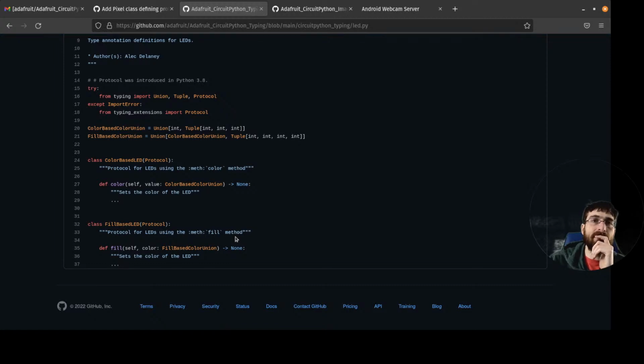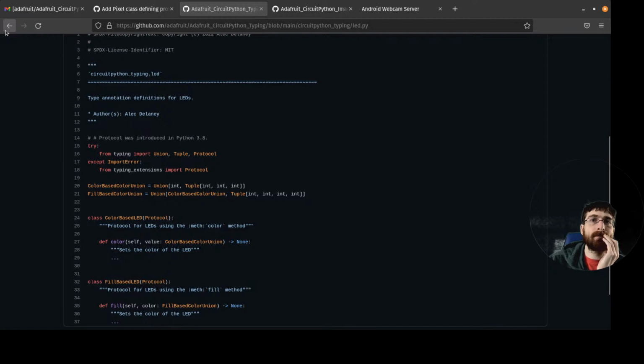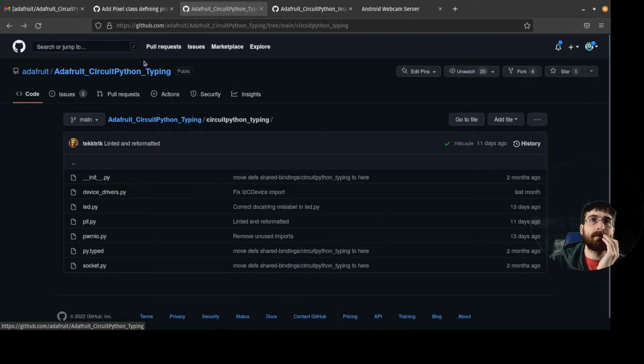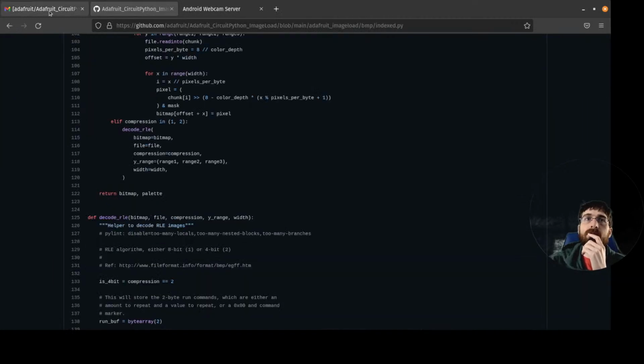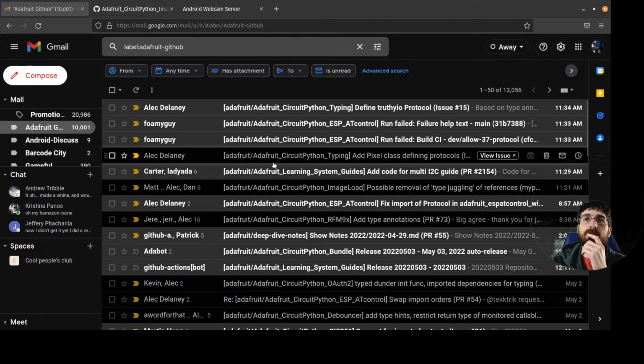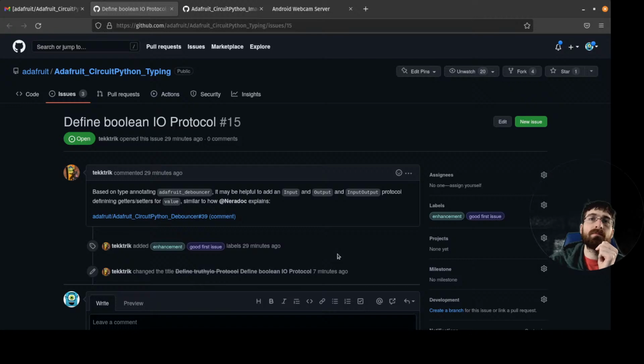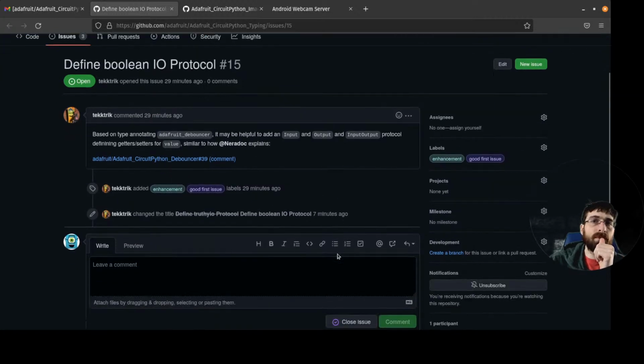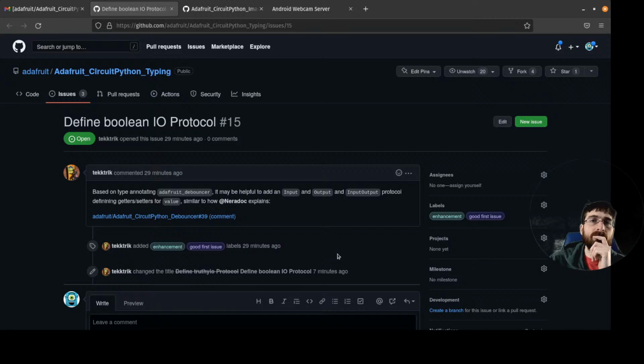Color-based LED and fill-based LED. Yeah, I think this would be good.